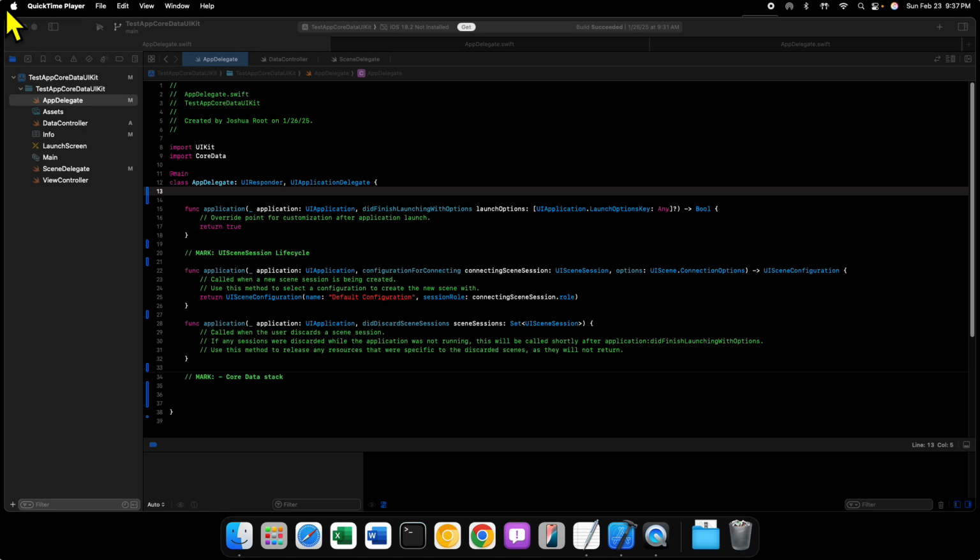So before we move on to creating new objects in core data and learning how we do that, we really do need to address this problem. All right, so I'm gonna move my phone away from the desk. Okay, so